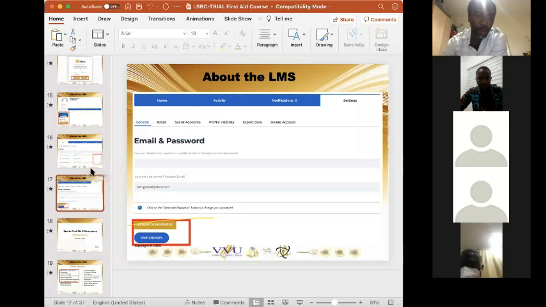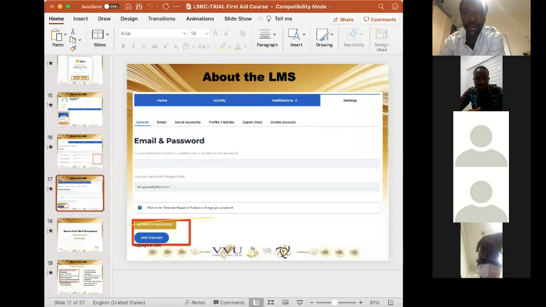So yes, very well. Now we are on the next slide, and this slide, if you have an issue with your password, for instance, you logged out and you've forgotten your password, you want a new password. This portion gives you the opportunity to edit and then input your new password. You just input your verified email there, and then the new password you want to use or the password you want to change, and then you just go ahead and save changes.